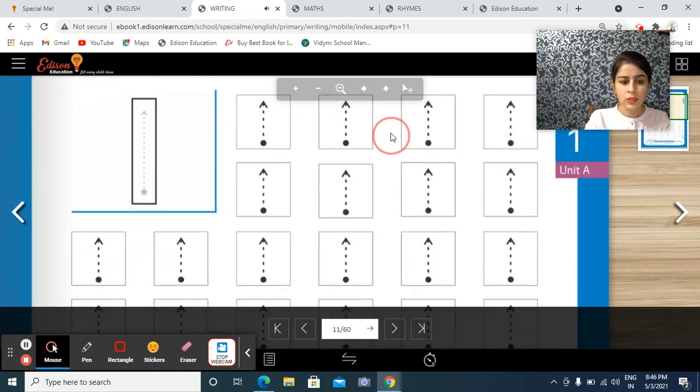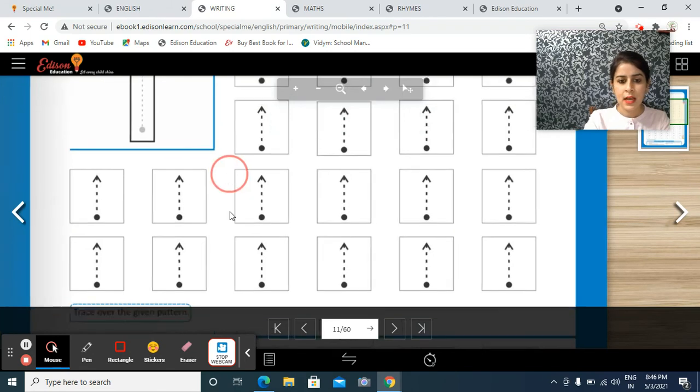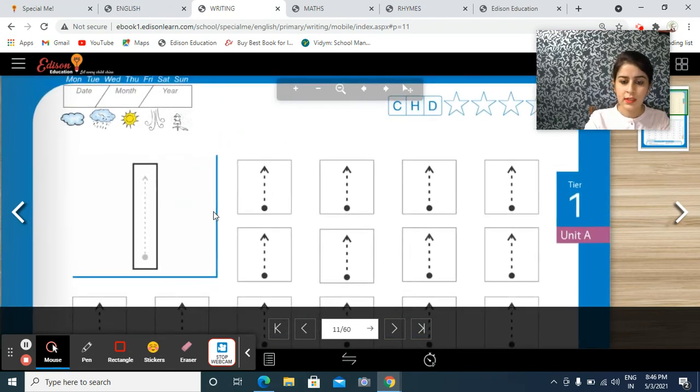So children, you have to complete this half page. Okay? And make sure you do it yourself. You will not ask Mama to hold my hand. And I really request mothers, please don't introduce the habit of holding your child's hand. Initially, they'll be dependent upon you, and every time they'll demand help. Mama, please hold my hand. But you don't have to hold your child's hand.